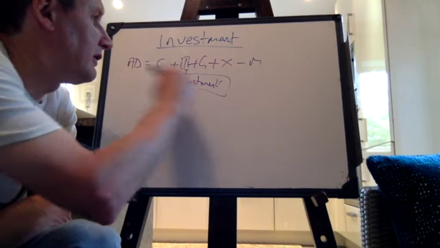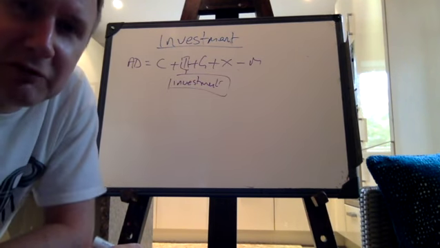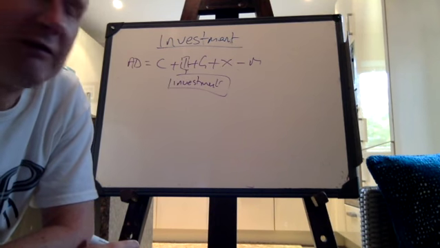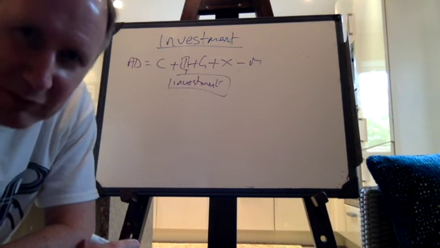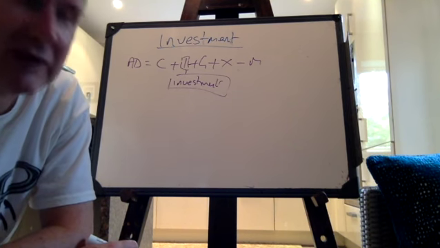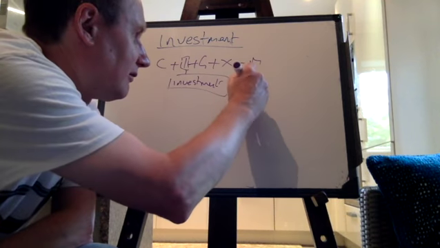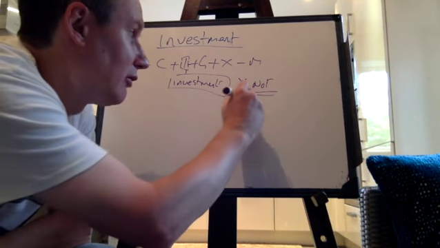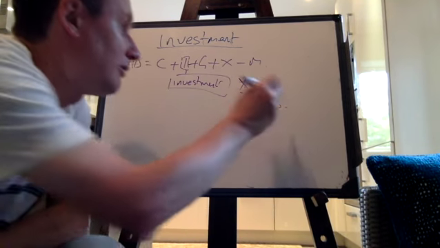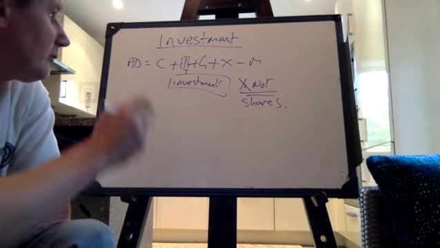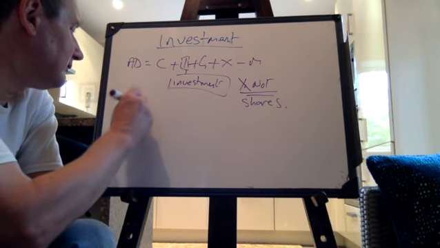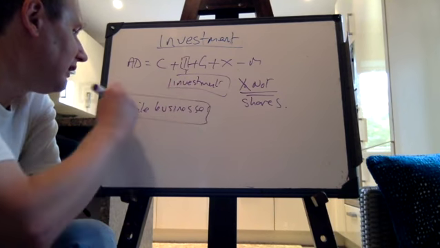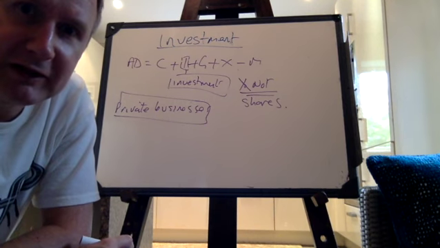And this is one of those terms that newspapers have as meaning one thing and economists have as meaning another. So when people see investment, they kind of think of people buying shares. I've got my investment portfolio and so on. But that's not what economists mean by investment. So we're not talking about financial investment. We're not talking about shares. We're talking about private businesses, generally speaking, adding new fixed capital.